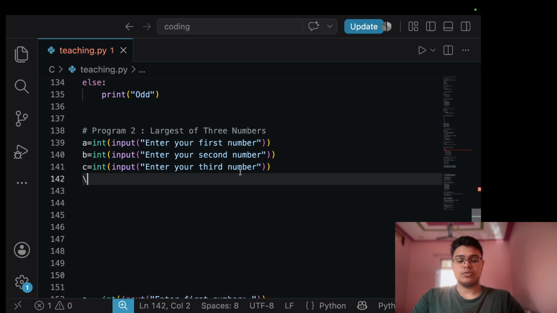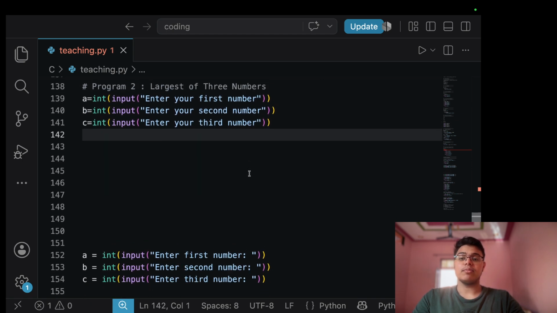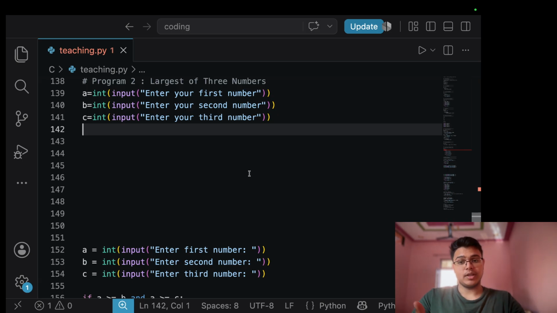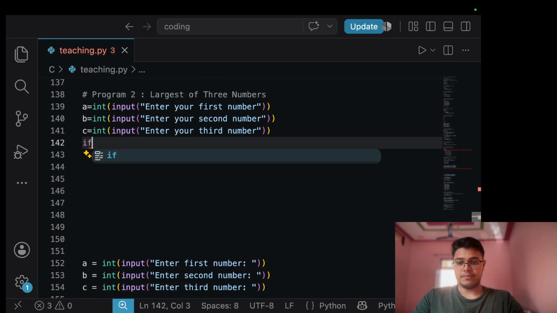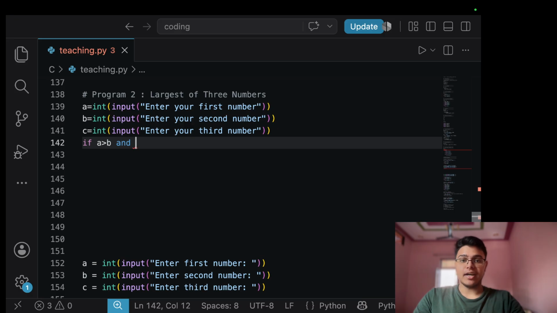Okay, so we have to choose the largest number. So now we have to think about that. The largest number should be greater than both of the other numbers. So we will use our logical operator here, and we will use if a is greater than b, and because we want that a should be greater than b and it should be greater than c also, then only we can say that it is the largest number among all the three. So we will use this statement: if a is greater than b and a is greater than c also,